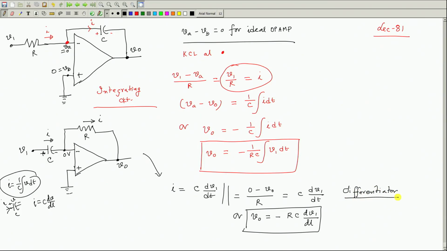So, you are differentiating a signal without doing mathematics. Realizing a circuit like this, you can always say output voltage will be the differentiation of the input signal. Like that, there are several problems you can do. One very quickly I will do, one small problem. In fact, I will solve two more problems, so that you understand. I have taken it from a book, exercise problem to be done by the students. I will name the books in the next class.